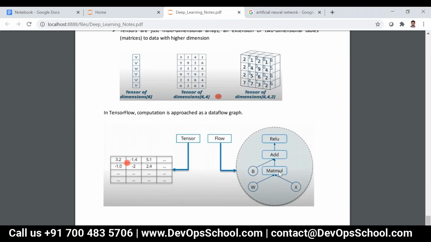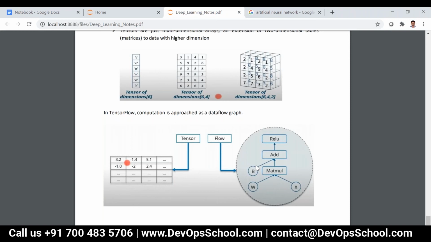Let's say x is some 4 by 4, w will be a 4 by 4 or 3 by 3 matrix. You know how matrix multiplication works, rows by column. It will be evaluated, and for each multiplication the bias will be added. The bias is by default a constant, either 0 or 1.